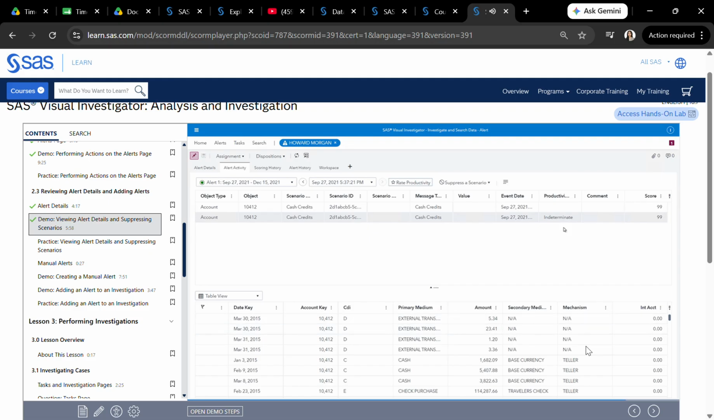Notice that the productivity rating value of indeterminate now shows on the single record in the table. I can change this rating at any time. I can also assign a productivity rating to all associated transactions when dispositioning, like we did previously when closing the Greg Hackett alert. I am done with my changes to the Howard Morgan alert, so I will close the alert